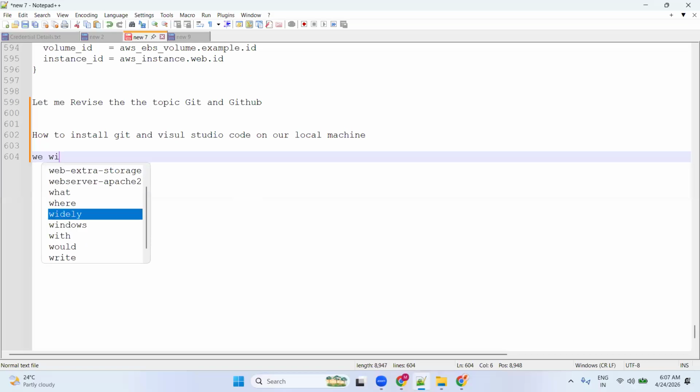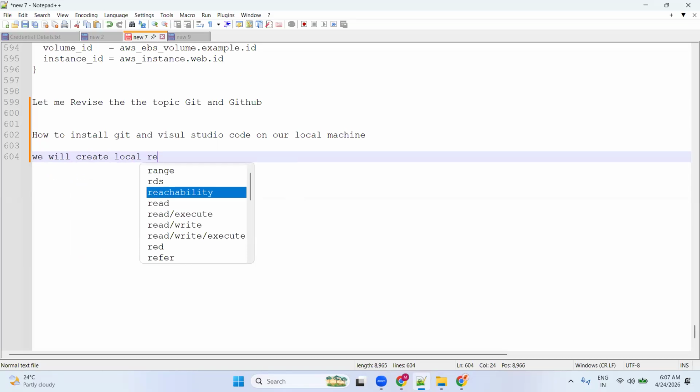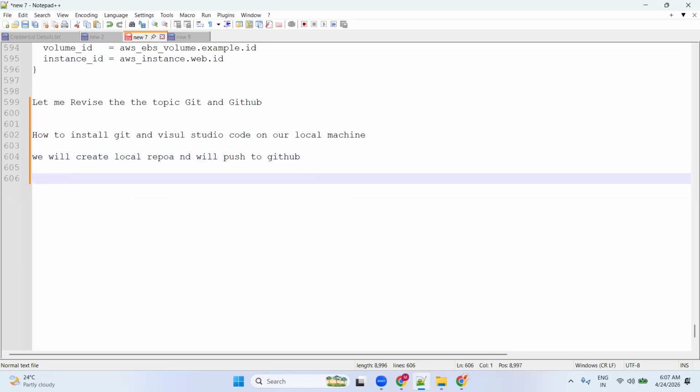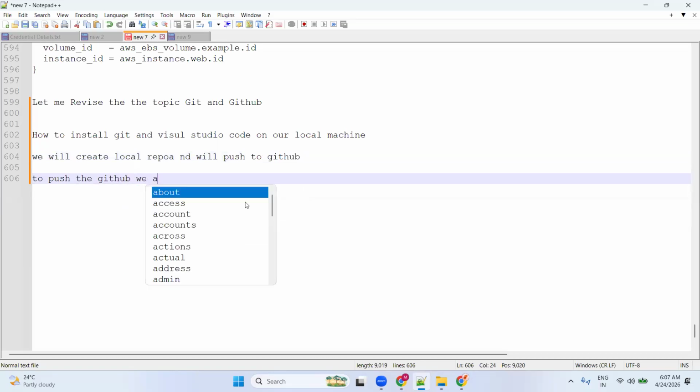So we will create a local repo and we'll push to GitHub. To push the code to GitHub, here using PAT authentication